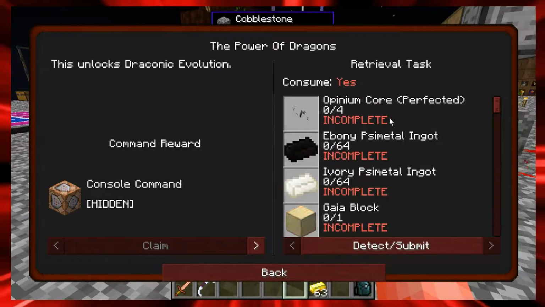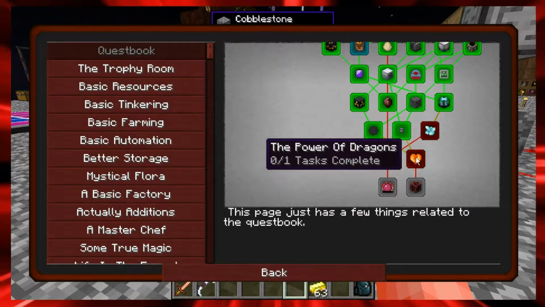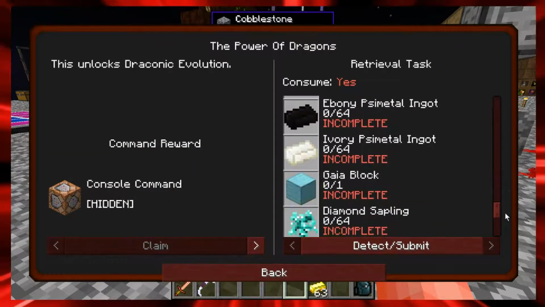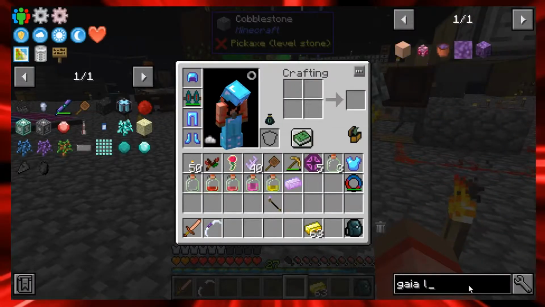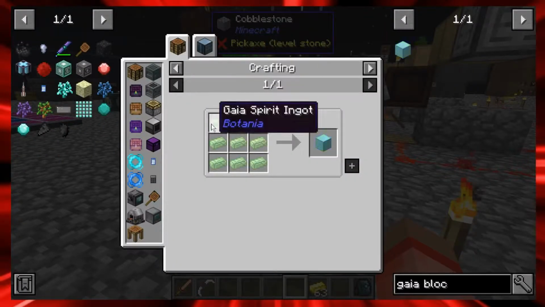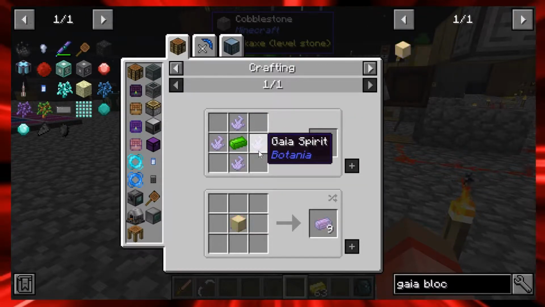Let me remind you guys of what chapter we're working on. We're still in the quest book chapter, and we're trying to unlock the power of the dragons. So the Gaia block is what we needed, and that's what we talked about last time. In case you're just now watching the series, a Gaia block takes 9 Gaia ingots, which takes 4 Gaia spirits per. 4 times 9 is 36, and I was getting 8 per kill. And again, I don't know if that was because I have luck on my sword or not, but I ended up getting 40,